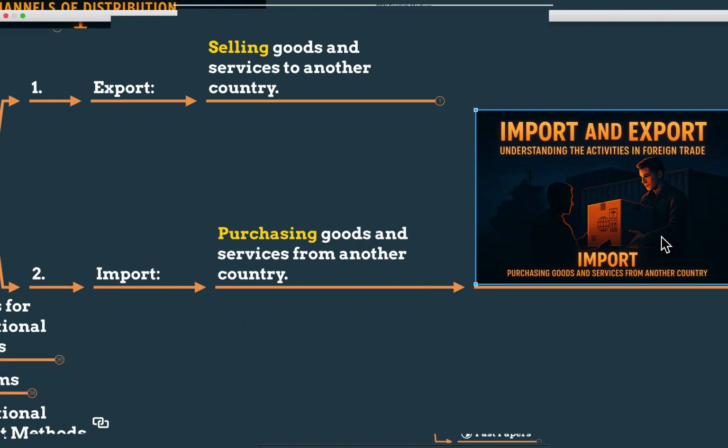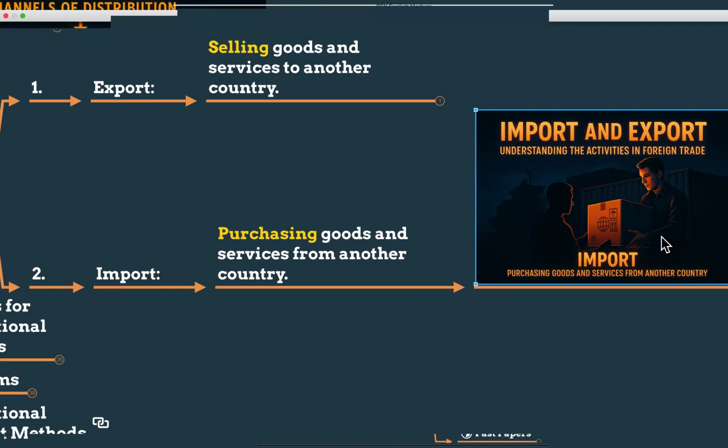We are importing. Think about electronics, phones. Do we have any phone manufacturing here? Any computer manufacturing? Do we have any companies like Samsung or Apple? No. So we have to import. No choice. And think about machinery for factories. We are always importing machinery, the latest machines, from China actually. And wheat flour for bread items, we are importing. Medicines, advanced drugs, we are importing, right?